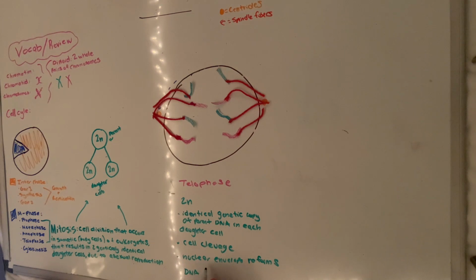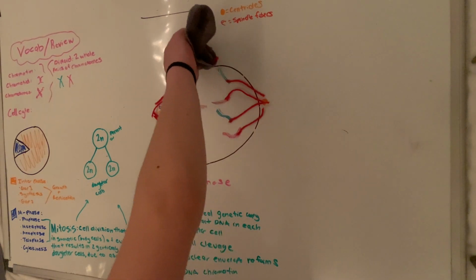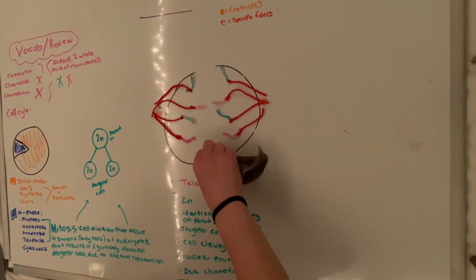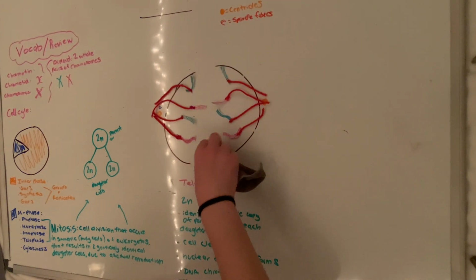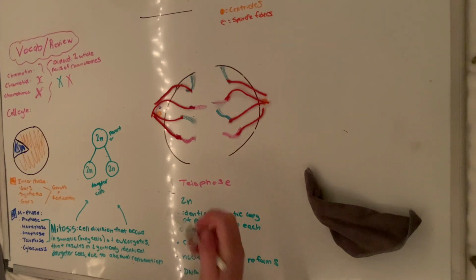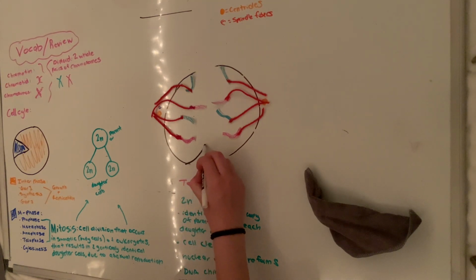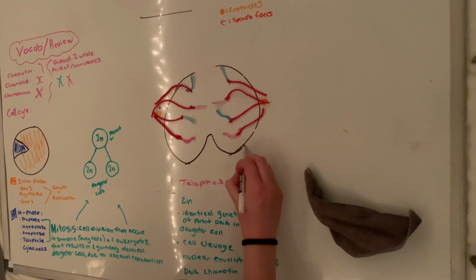And the nuclear envelope that broke down during prophase is now reformed. And the DNA is very much chromatin right now. It's very like loose strands of our chromatin. So this shows how the cell essentially,